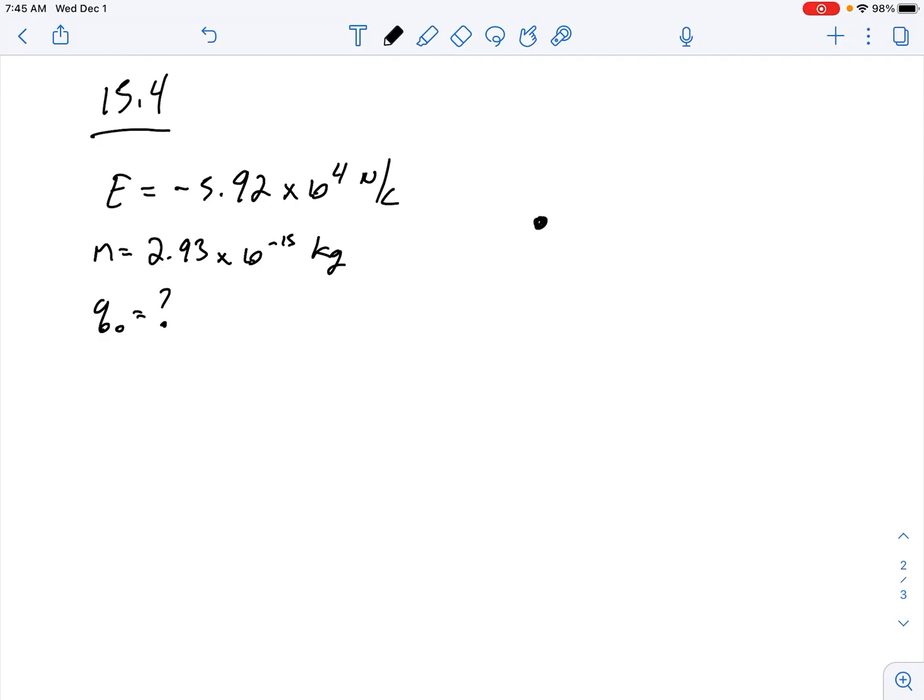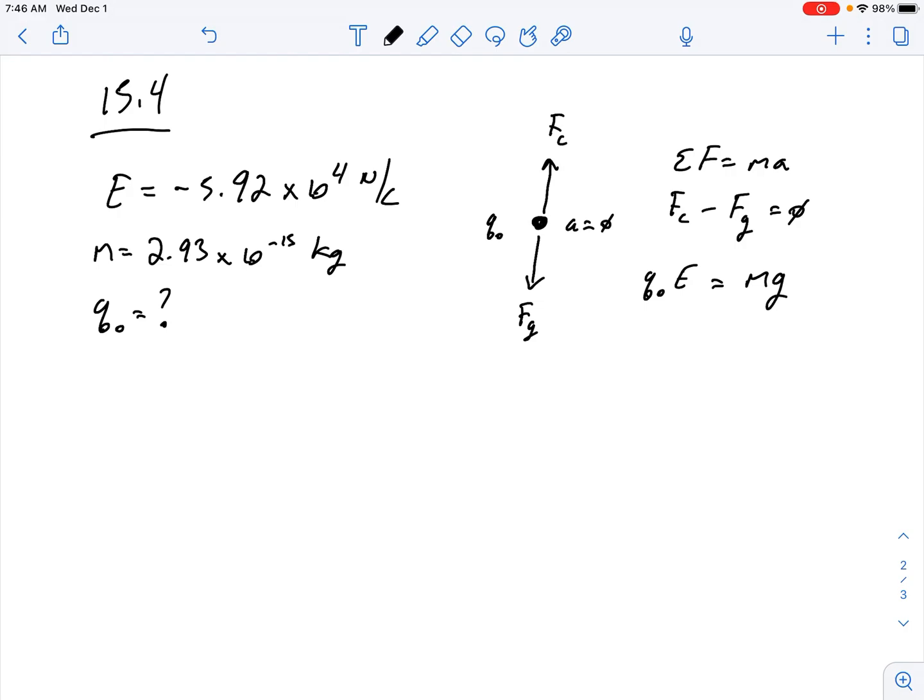So, free body diagram. So there's Q naught. We are feeling a force upwards, Coulomb force, and a force downward, a gravitational force. The droplet is suspended, which means it's just hovering there, so we are not accelerating. We know that net force equals ma. In this case, we have a Coulomb force and a gravitational force, and they add up to 0 because we're not accelerating. The Coulomb force is Q naught E, and that's going to equal the gravitational force, which is mg. So Q naught will equal